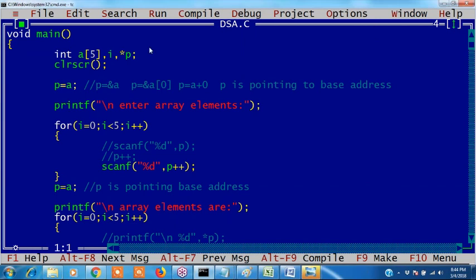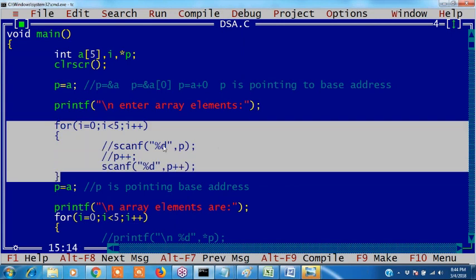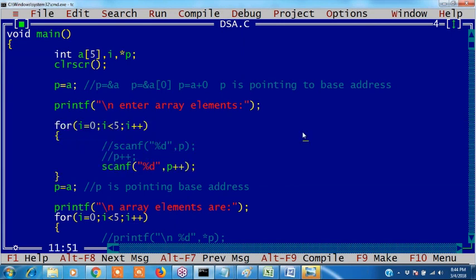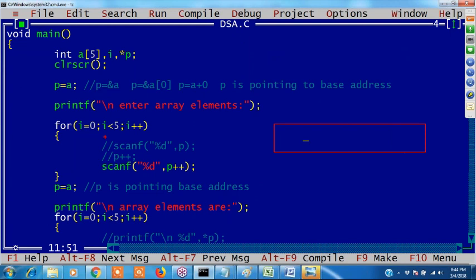Sir, why have we written P equals a, pointing to the base address, here after scanf? See, after this step we are assigning values, right? First, this loop will execute.